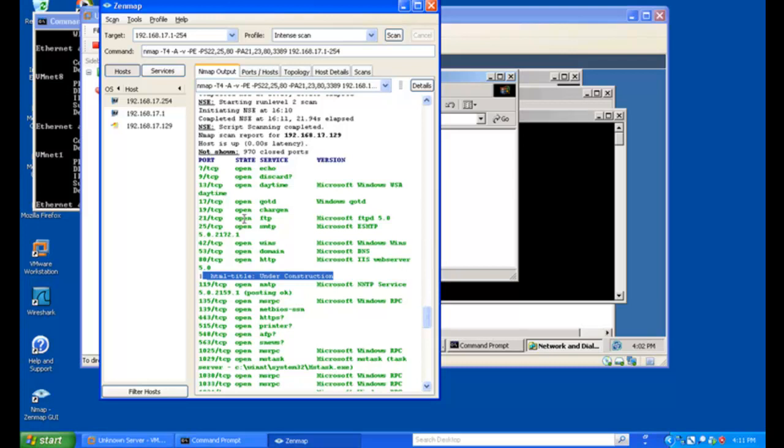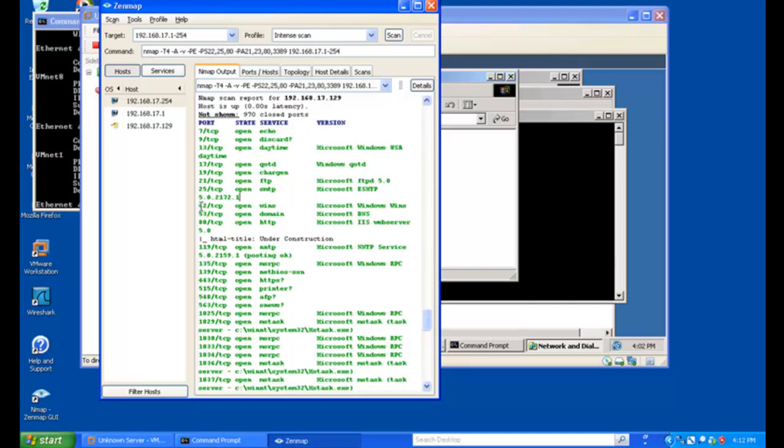Port 21 TCP. It's running Microsoft FTP version 5. TCP port 25 is running Microsoft ESMTP 5.0 2172.1. Interesting. Apparently WINS has been installed on this particular box. So is DNS. There's a web server, IIS version 5 here,